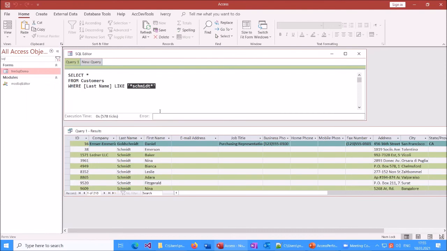But this is something you should avoid if possible, because this is not using the index on last name. And the problem is the wildcard at the beginning of the word. If the beginning of the search term is not really defined, and the term Schmidt can be anywhere in the name, like you see in this example, like the Goldschmidt guy here, then the index cannot be used because the index is basically a sorted